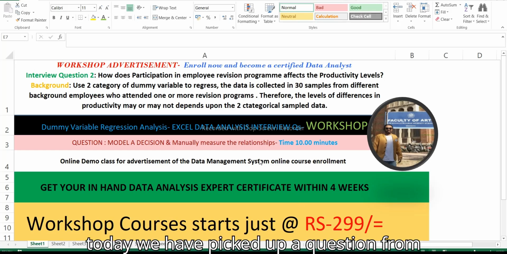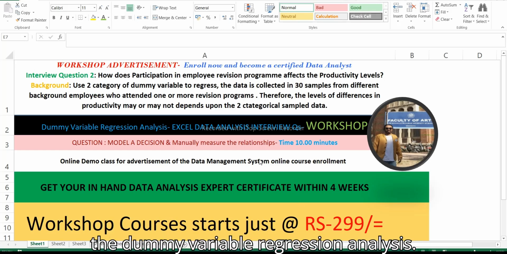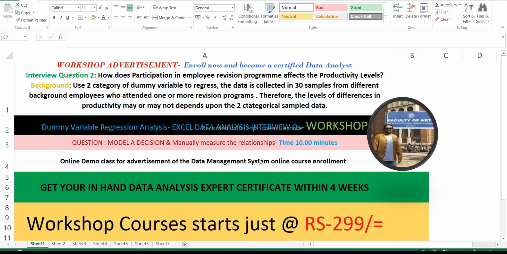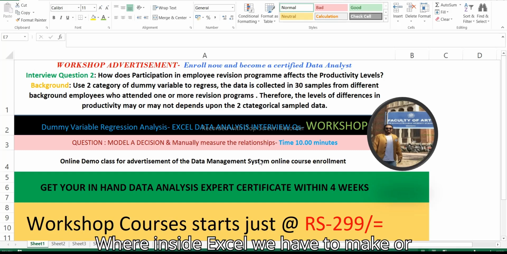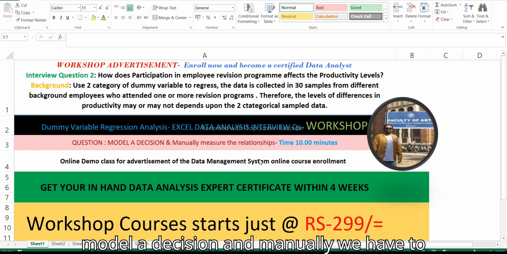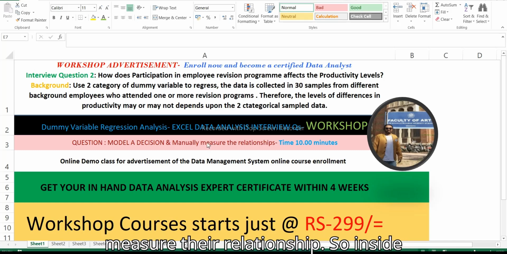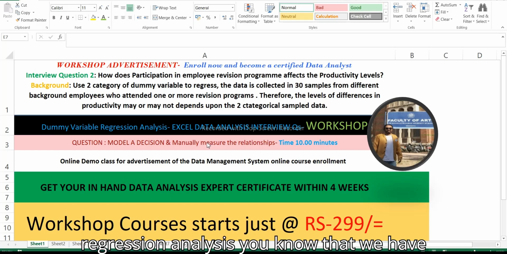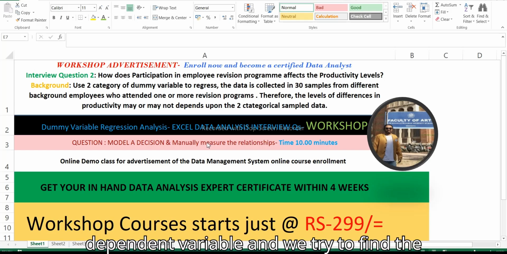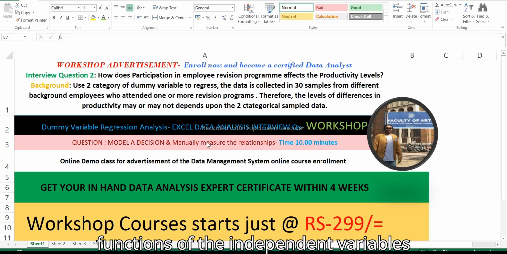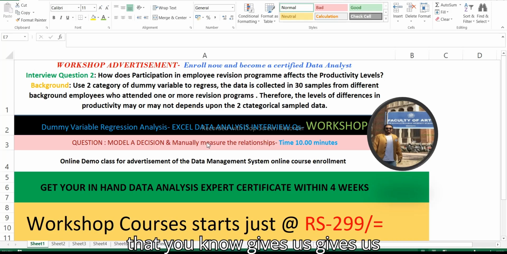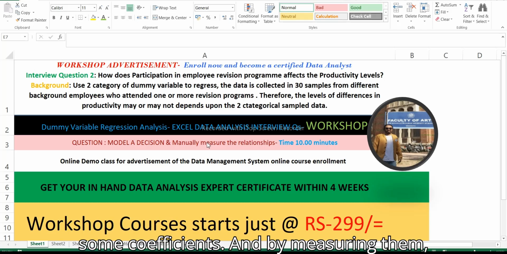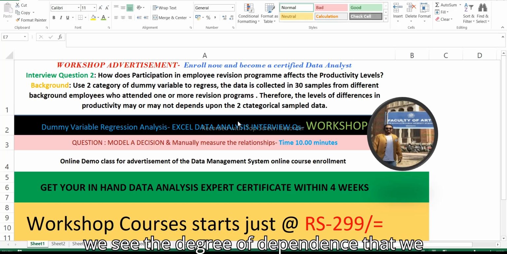So today we have picked up a question from dummy variable regression analysis, where inside Excel we have to make or model a decision, and manually measure their relationship. Inside regression analysis, you know that we have a dependent variable, and we try to find the functions of the independent variables that give us some coefficients, and by measuring them we see the degree of dependence that we have